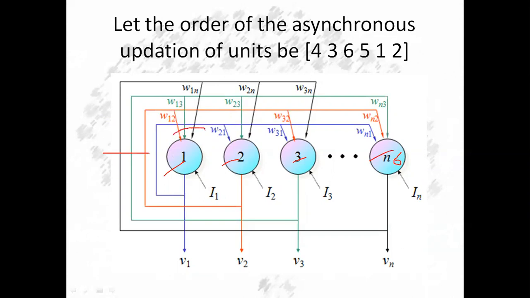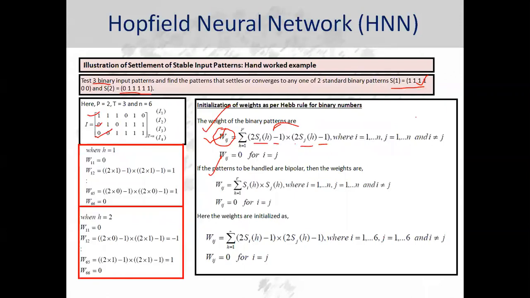This weight vector we need to calculate for neuron number 1, this weight vector for neuron number 2, 3, and so on, as we discussed and concluded in the last lecture also. So we need to calculate the W1 vector, W2 vector, W3, W4, up to the W6 vector. And we have to calculate them by using Hebb's rule for binary input and output. So let us calculate them. The first neuron, containing weight W11, will be equal to 0. Why?